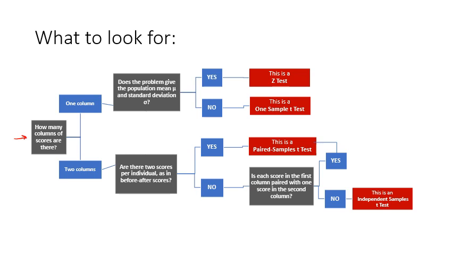And then you're going to go on and answer that question. So if there's one column, then you'll follow that trajectory. If there's two columns, you'll go that way. And so if you say it's one column, then you're going to ask yourself, does the